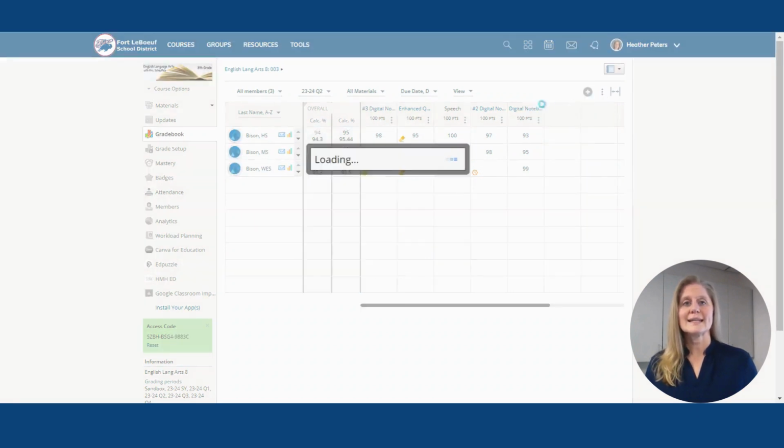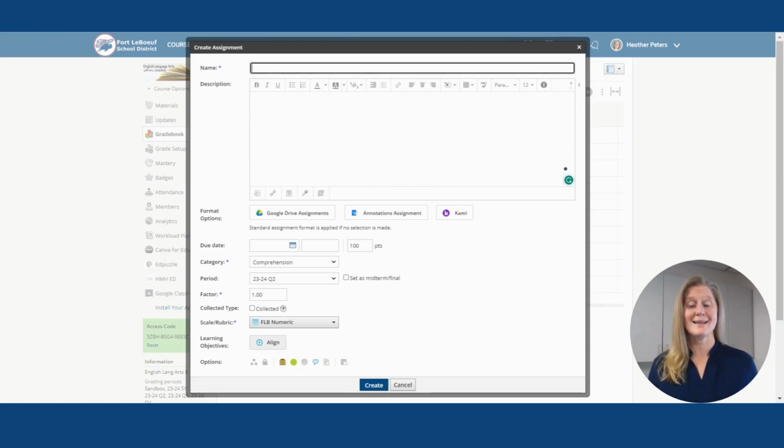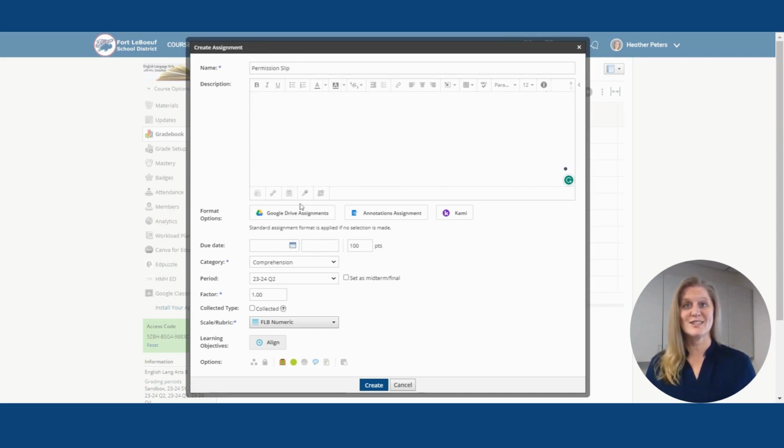However, when you're creating an assignment now, you also can make the assignment a collected assignment type. So for instance, something that I just need to be able to keep track of who turned in a particular paper, or note cards that aren't necessarily getting a grade on them ever. I just need to keep track and know who has turned them in and who has not. So in this case, we're going to call this the permission slip. Maybe we're going on a field trip. I could attach that permission slip inside of here so that parents and students can print off their own copy